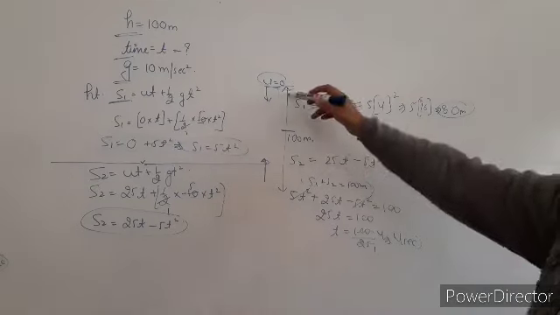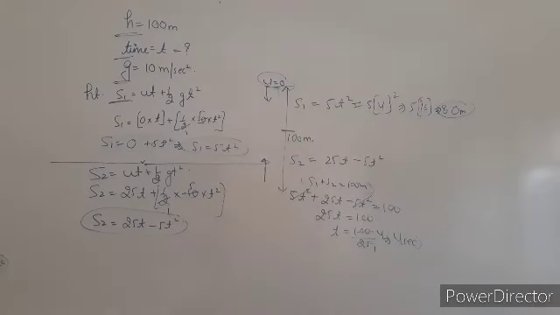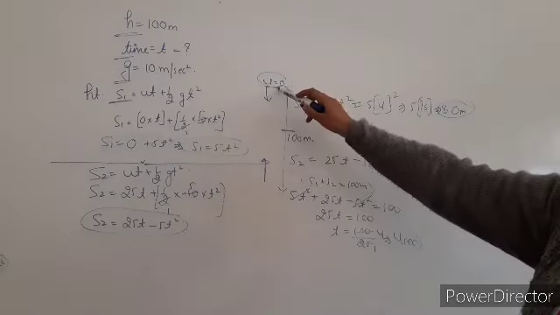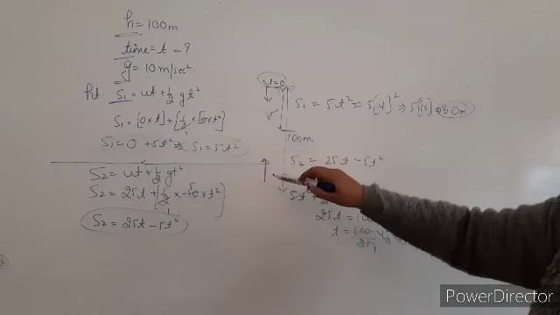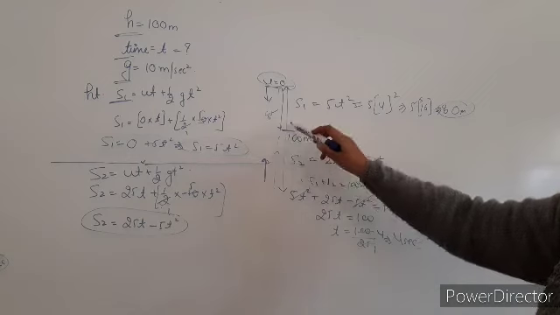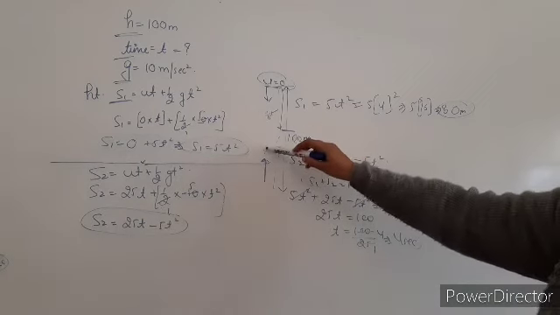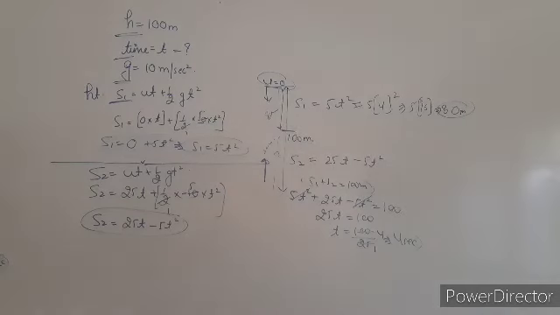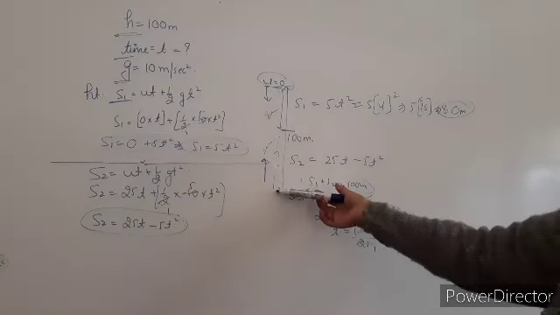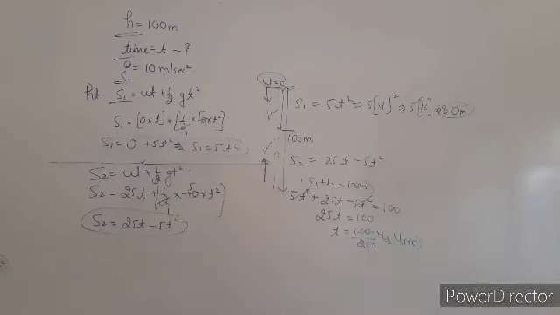The total distance is given to you how much? 100. So when the stone from the top covers a distance of 80 meter, stone from the bottom, वो कितना cover करेगा? 100 में से 80 minus कर दो, this is 20 meter. ठीक है? So when the top stone covers 80 meter, the stone which is S2 covers 20 meter, there they are going to collide with one another. Okay?